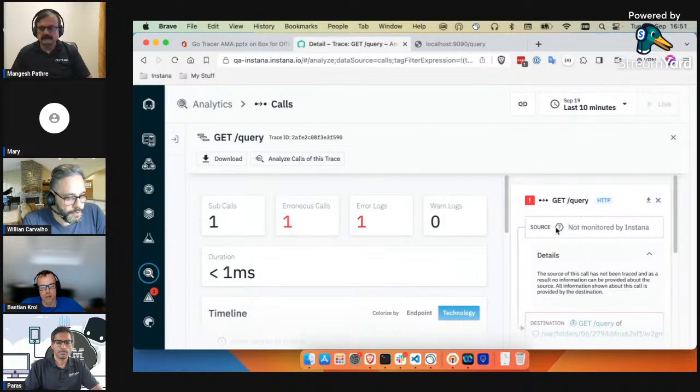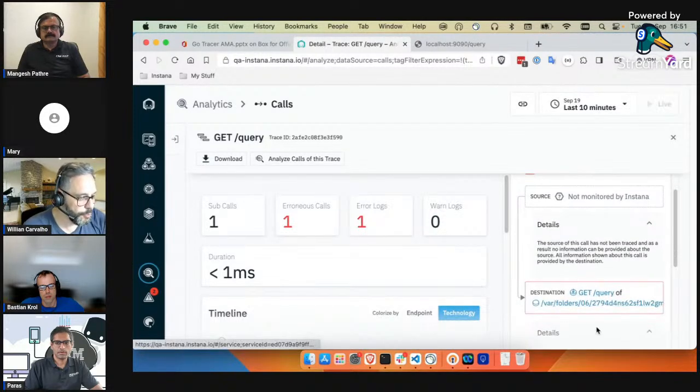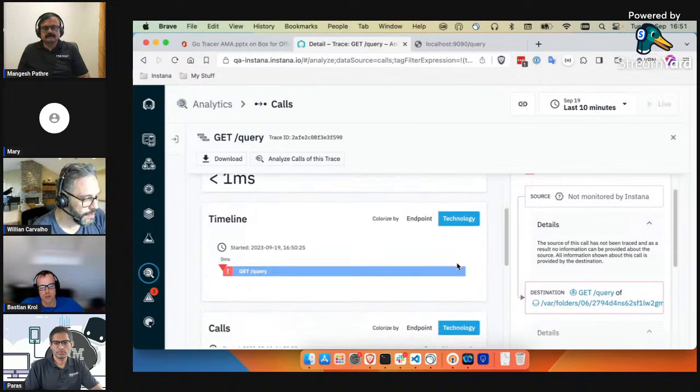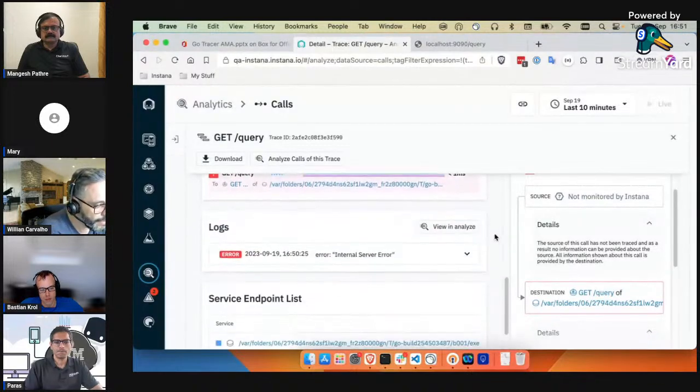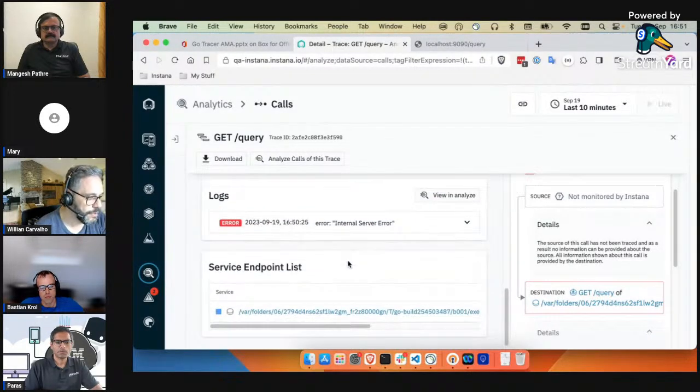You can see this is not monitored by Instana because this came from my browser, right? And this call from the browser is obviously not monitored by Instana, so you don't see it, but the destination you do. So this is what we see here. You can see there was an error for this call to the method GET query, and then you get internal server error. You get some information here. So if we go to the next one,